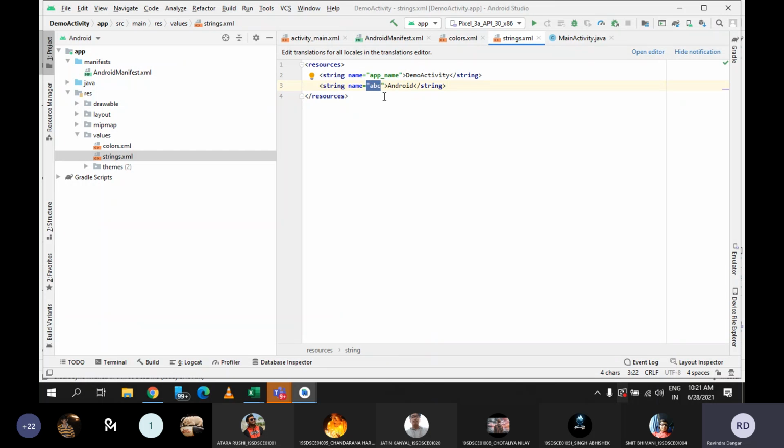I can refer to this abc variable, and whenever I refer to the abc variable, it will display this text, so that later on in my application, if I feel that instead of Android I want to display any other text, then by changing the one value only, it can be reflected everywhere. So that is why it is always advisable that whenever you want any specific text to be displayed more number of times, always make sure that you define those values in the string.xml file.